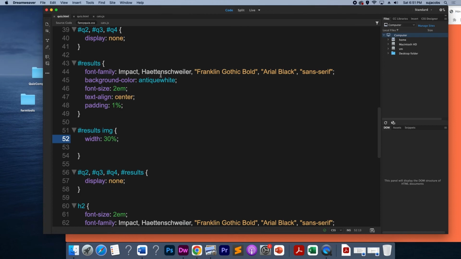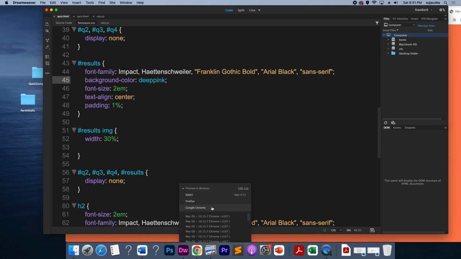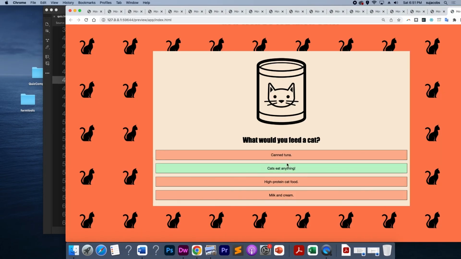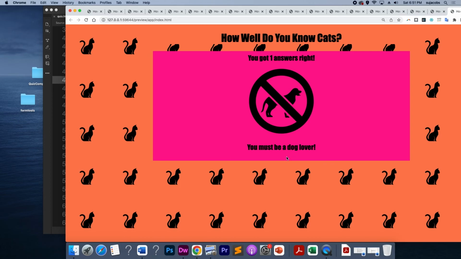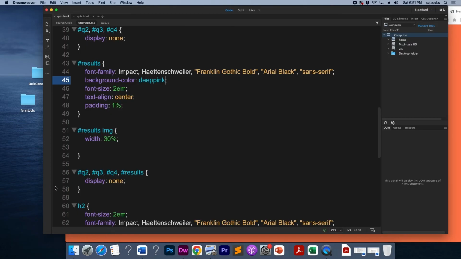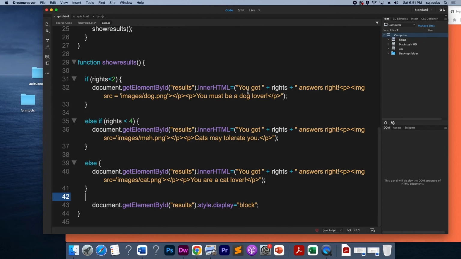Let's say we didn't want the background color to be antique white. We wanted it to be, I don't know, deep pink. It's going to be hideous, but you can do it that way. All right, the antique white is nicer. But if, for example, if we put this in here as antique white, but let's say on the, if you get 0,